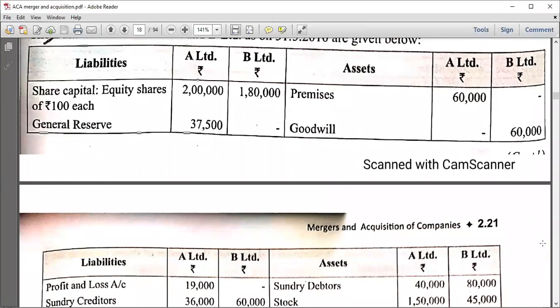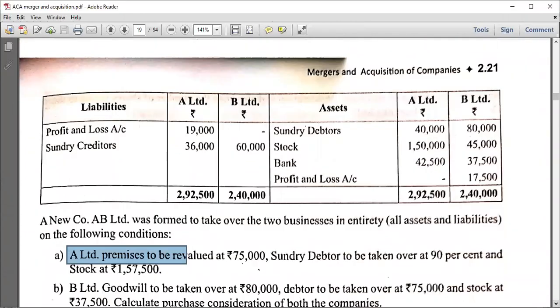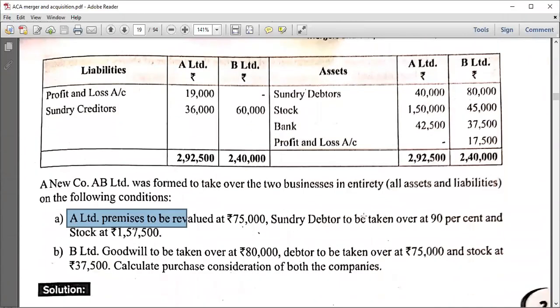It is 60,000. The market value will be how much? 75,000. And sundry debtors are to be taken over at 90%. See, what are the sundry debtors we have in A Limited? 40,000 we have. So 40,000 into 90%, we will get 36,000. And stock, instead of 1 lakh 50, you have to take the given market value, 1 lakh